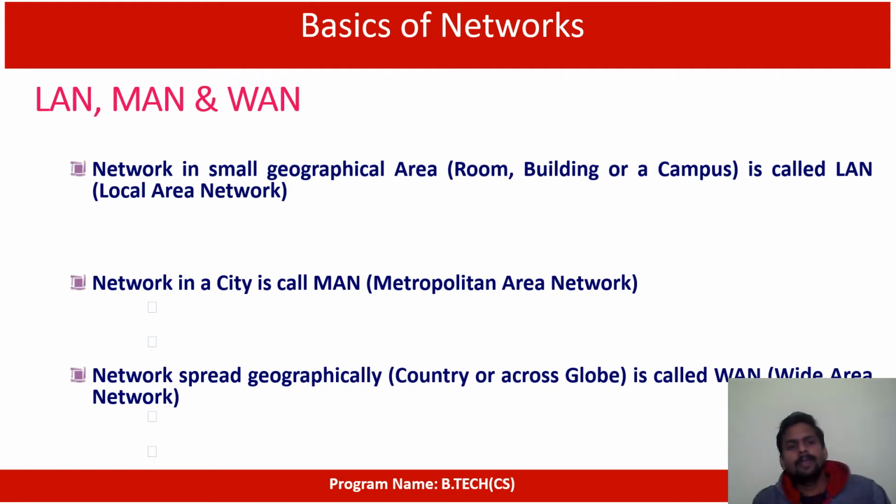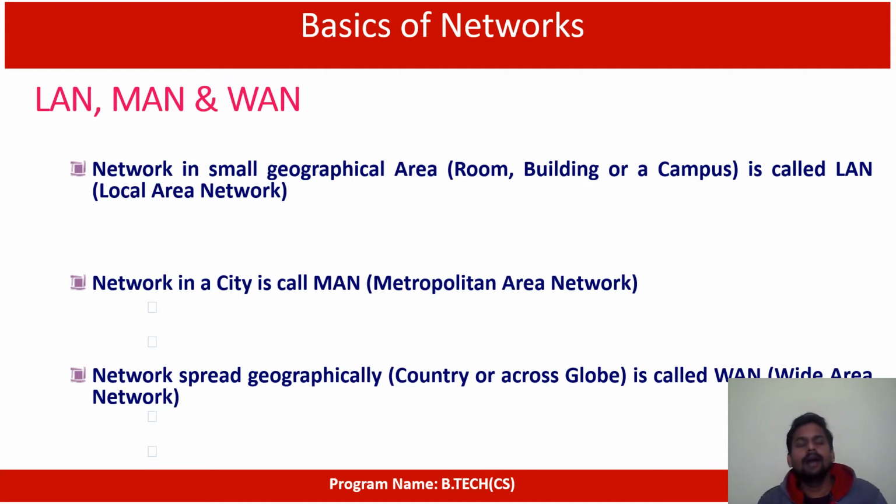Now we are going to see LAN, MAN, WAN. Already you know what LAN, MAN, WAN are, right? This is the local area network, and then metropolitan area network, and then wide area network. This is where the systems are getting connected. Based on that concept, we categorize networks into these kinds of things. Suppose I have 200 systems, and all those 200 systems are placed inside one building, and I connect all of them together, then we can say that it is called a LAN.